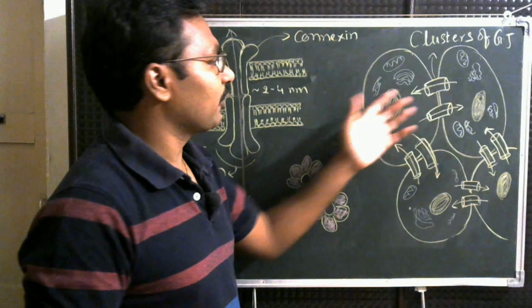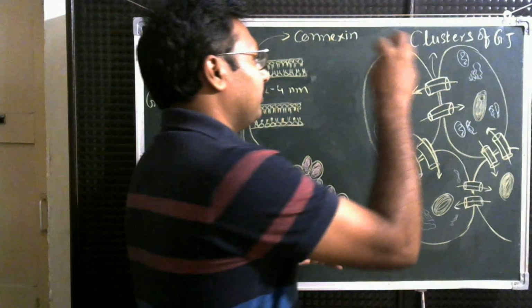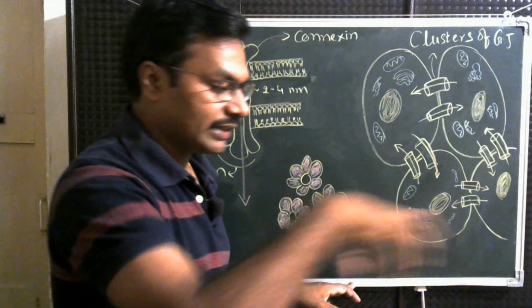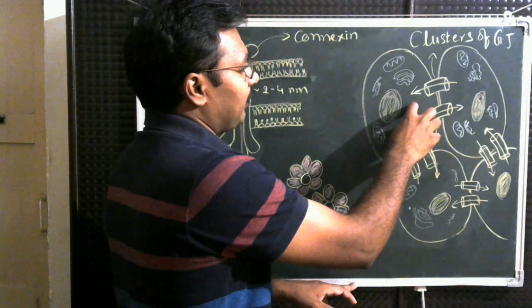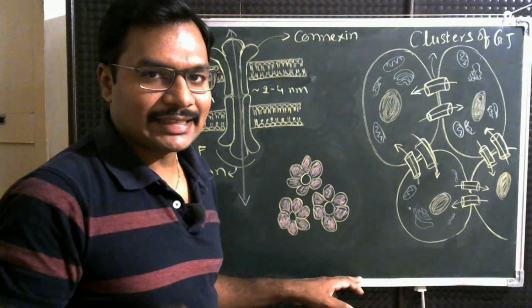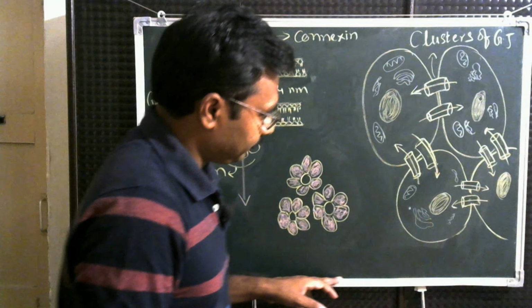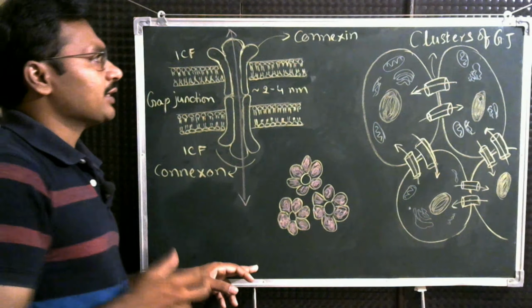And these gap junctions, as I mentioned, arrange in the form of clusters. We may see some clusters here and some clusters there. The number of gap junctions arranges in the form of clusters and allows molecules or substances from one cell to another cell. These gap junctions are made up of connexin. Connexin is an integral protein. So this is an integral protein, one subunit of the gap junction connexon.